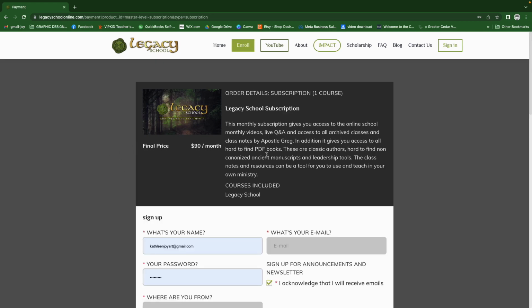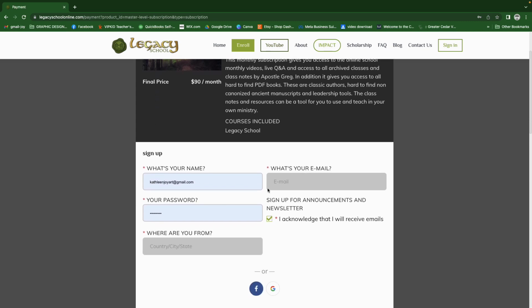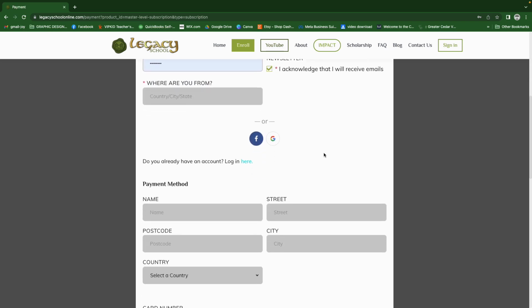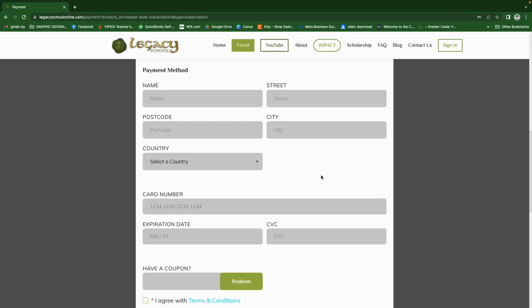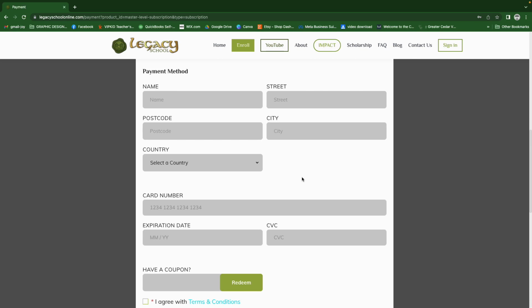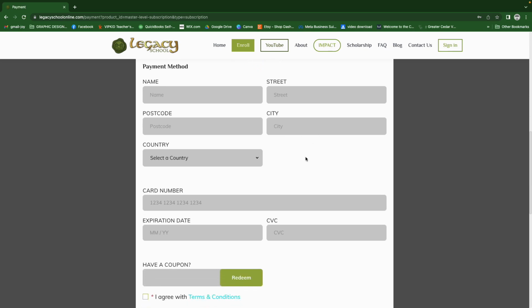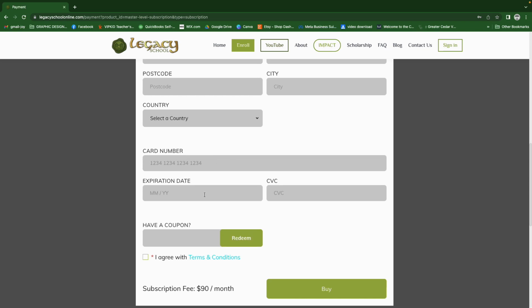Really all you're going to do is plug in your information, whatever the prompt is, what's your email, all of your information of where you live, if it applies. If you're of a third world nation, you might not have the same kind of system here. That's okay. We'd just like to at least know what country and what city you're in. This is where you'll put your credit card number or debit card number, expiration date,